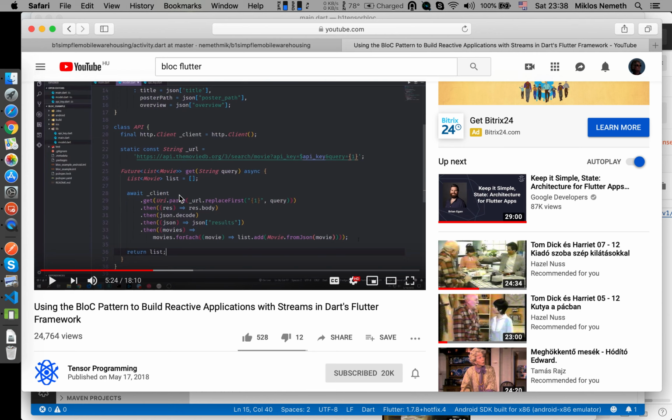In his example, he used movie lists, but in my application I use the service layer activities, querying activities. So that was a difference, but otherwise I just simply copy pasted the way he applied, and I learned a